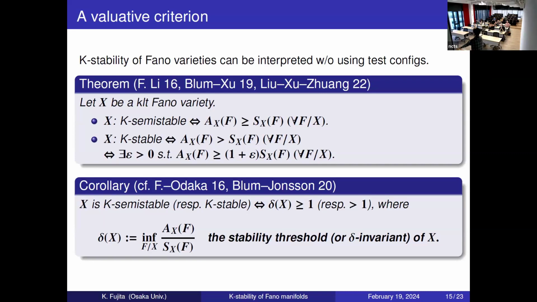I should comment that the original definition of the delta invariant introduced by myself and Odaka was not of this form, using some more quantum-wise definition. But later, Blum and Jonsson said that our original definition is nothing but this. Okay. So,